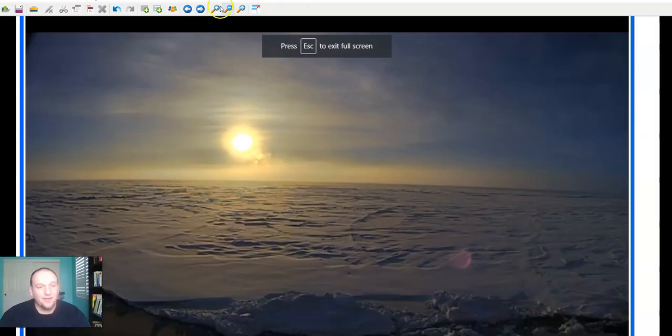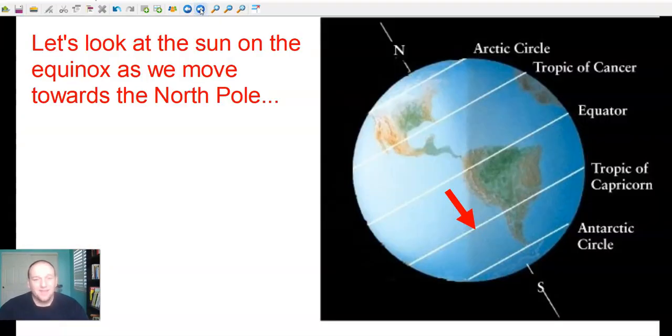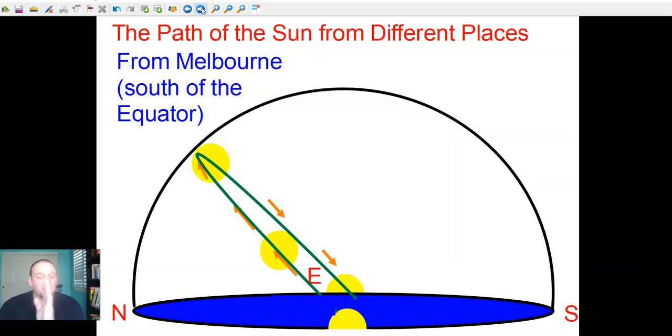So let's continue to talk about that equinox sun. Let's imagine that we didn't stop at the equator, but we kept going farther south. So remember, at the equator, the equinox sun goes straight overhead. Well, if we work our way south from the equator, we see that line tips back to the north. So if, say, you're in Melbourne, Australia, the sun rises in the east, sets in the west, but as it goes up into the sky, it goes up into the northern half of the sky, not the southern half of the sky. So this is very similar to what we would see in Reno, but the sun goes through the other